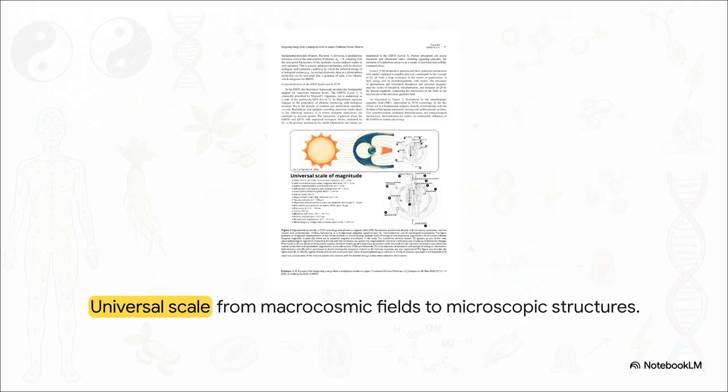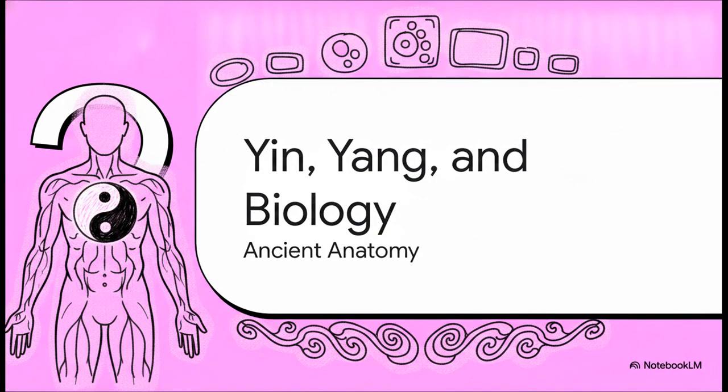We're talking about a scale that stretches all the way from the solar corona and huge geomagnetic fields down to the human body, into the organs, into the cells, and right down to the literal protons and electrons inside your mitochondria. We are totally nested within these fields, and that energy flow, that qi, is a continuous, unbroken thread from the macrocosm of the universe all the way down to the quantum fluctuations inside your DNA. Section 2. Yin, Yang, and Biology.